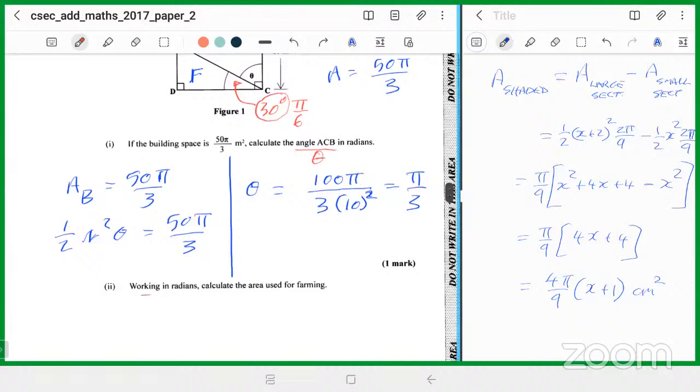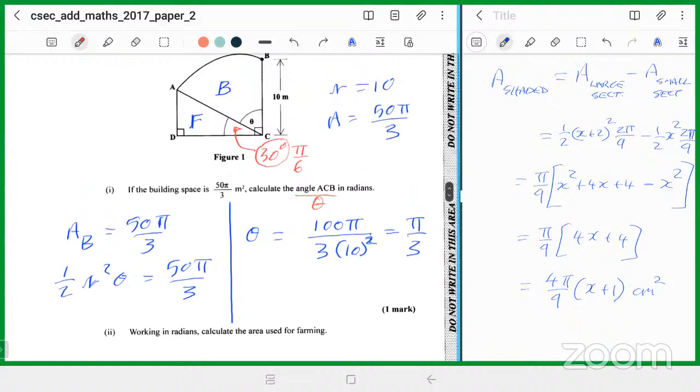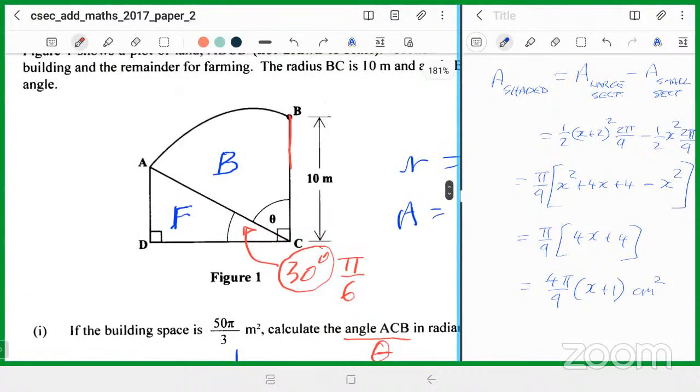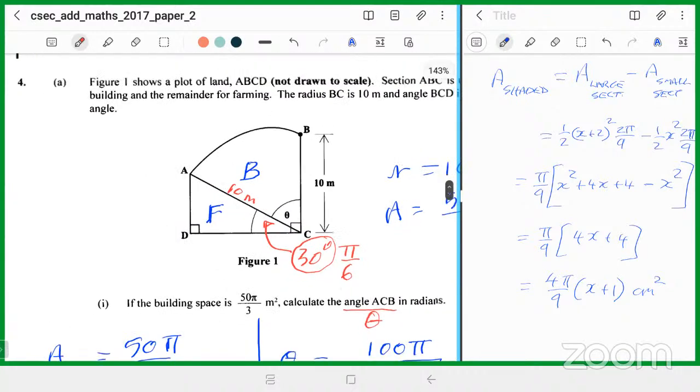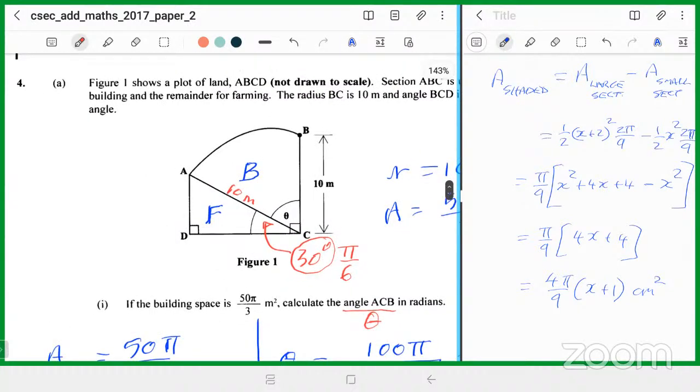Next thing they say, working in radians, calculate the area used for farming. So we want to calculate the area of F now. Remember that because this is a sector, that's the radius. This is 10. So it means that right here is also 10. This length is also 10 meters. To find the area of that triangle, it will be good if we can find this side and this side. Now we could do half base times this height. But we don't need to use that formula. We can actually just find this side only